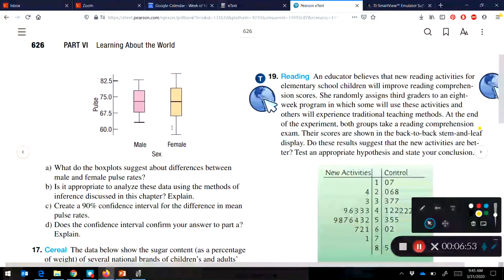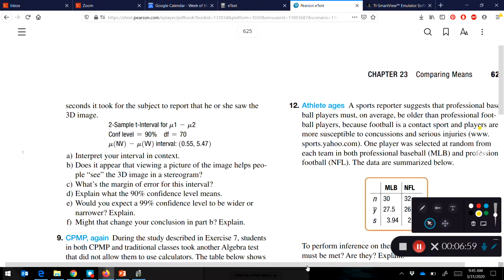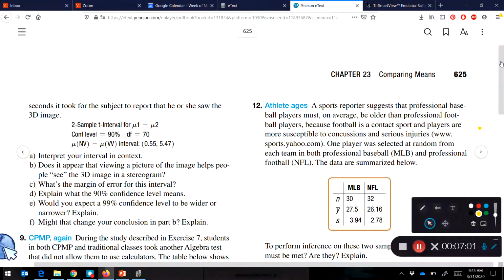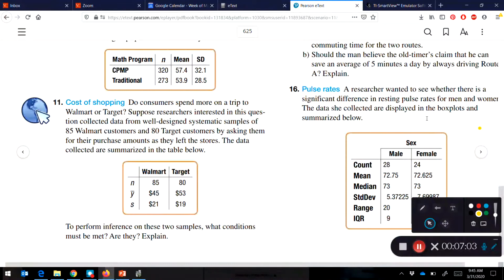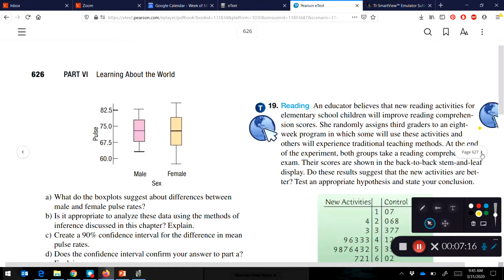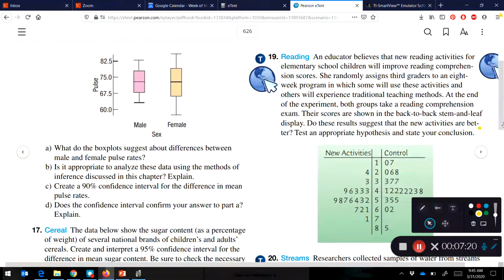We want to know, is it appropriate to analyze the data using the methods of inference discussed in this chapter? Well, in order to do that, remember, we've got to check for randomization. So let's go back over to the problem statement. The data she's collected are displayed in the box below, but it doesn't say anything about how she collected the data. So we would have to say, assuming that the data was collected using a randomized technique,